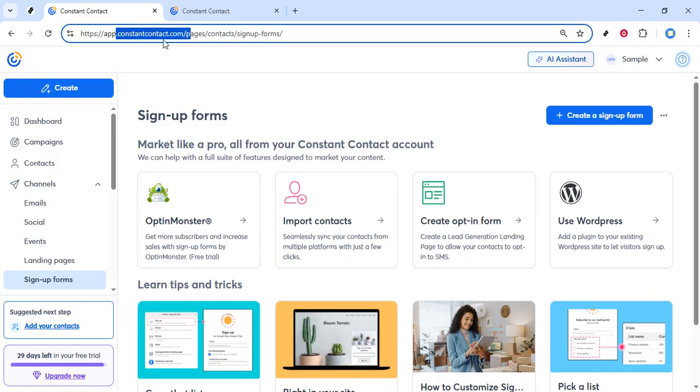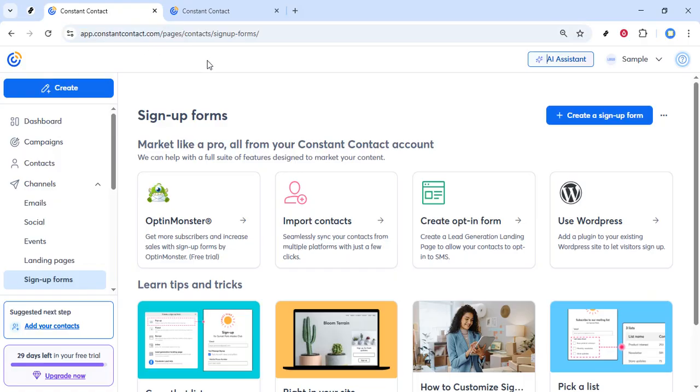First, you'll want to open your web browser and head over to constantcontact.com. Once you're there, log in with your credentials. If you haven't already created an account, you'll need to do so before proceeding. Constant Contact is a robust platform for managing your email campaigns, and having an account will provide you with access